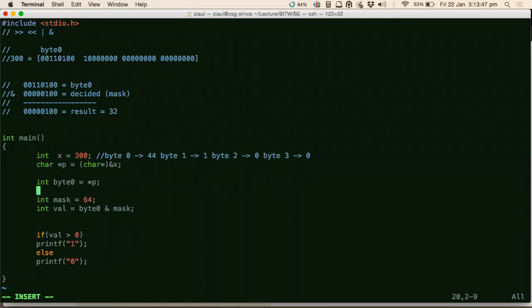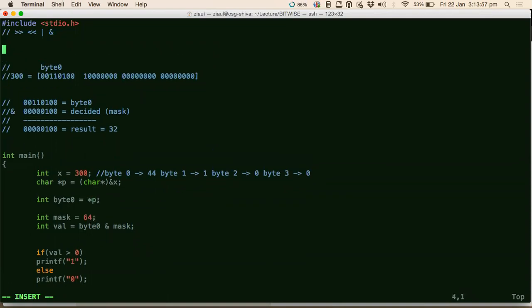All that you have to do is change here. Since we were dealing with one byte, whenever you do this star p, what was stored in star p? This byte, right? This value was stored. Now, because of this line, byte 0 will be a 32-bit value. It will be stored something like this. Now there will be all zeros here, 32 zeros.